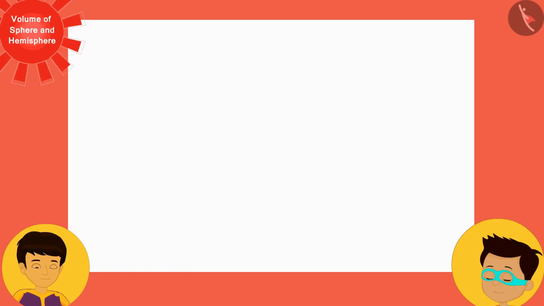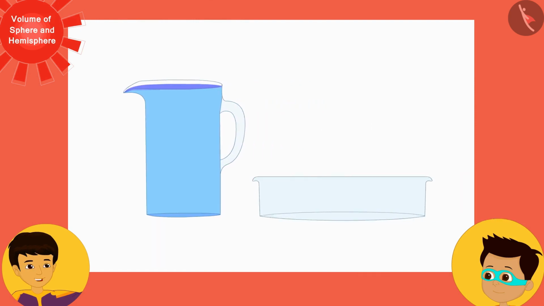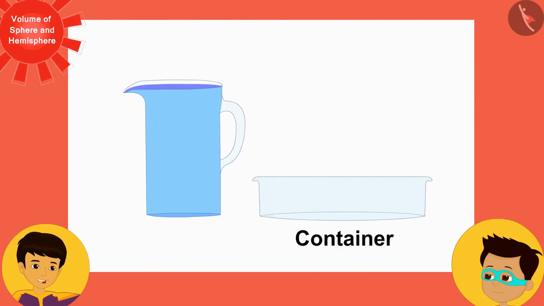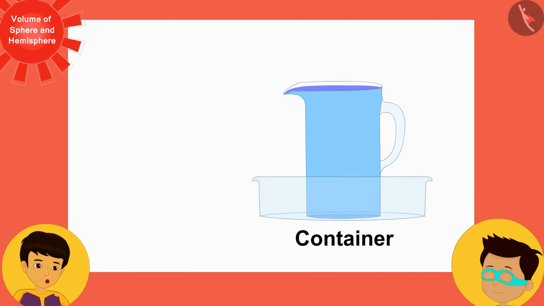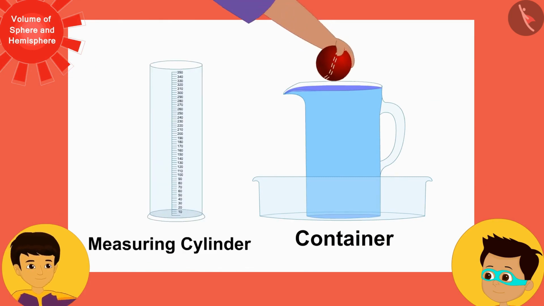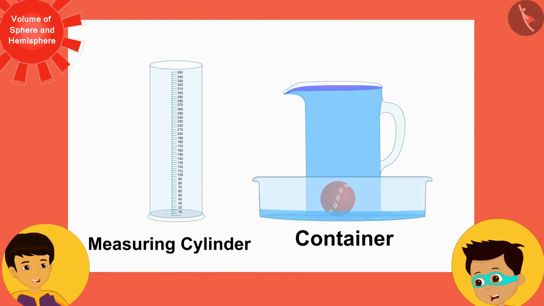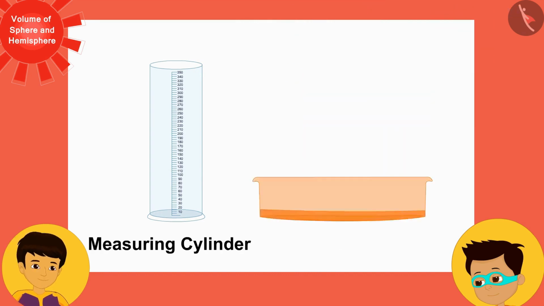First, we will fill this pot once again completely with water. Also, we will take a big container in which we will keep this vessel. And we will also need a measuring cylinder. Now look, I will put this ball carefully in this pot. As you can see, some water has come out of the vessel and collected in the